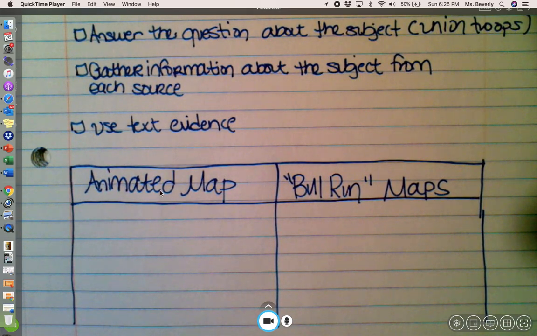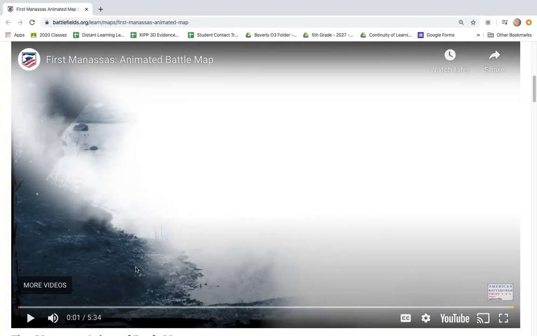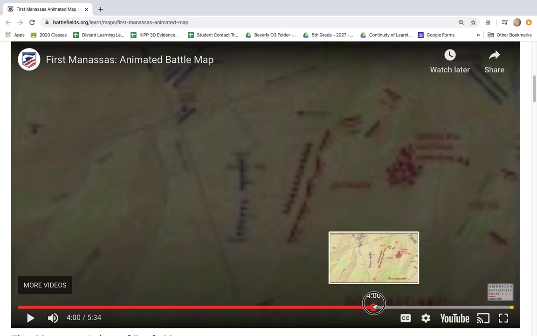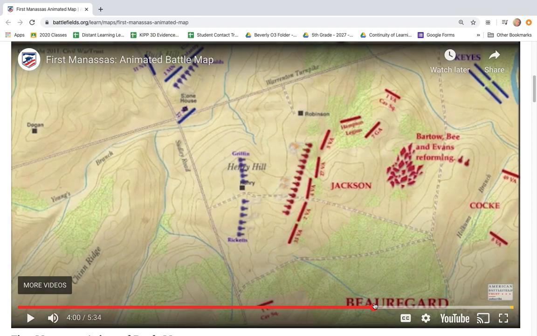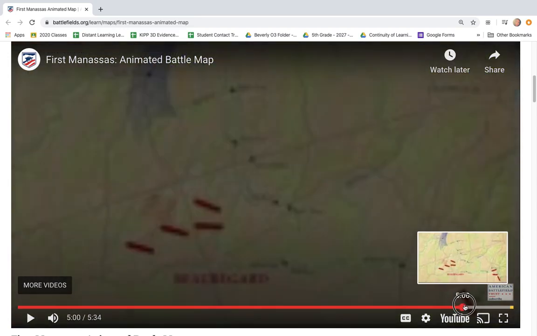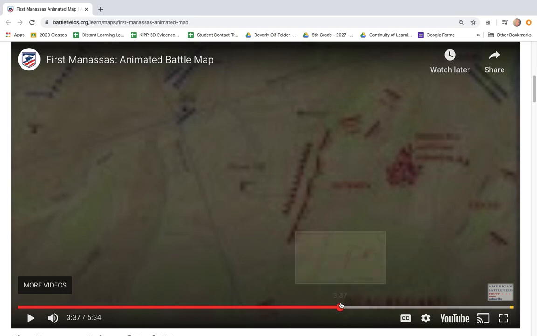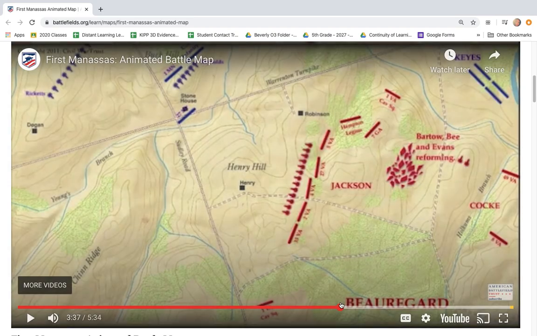Okay, so I'm going to play the video, and I'm actually going to skip to the part where they get to, because we know from our gist, in the last couple of minutes of the video, the Union troops did back down. We're going to look at that closely to figure out why did they have to. So I'm going to replay that part. I think it starts here. And we're looking for reasons why they backed down. I'm going to write down my reasons why on my animated map chart so that I can collect this to use to answer the question. Okay, so you're watching carefully, looking for the reasons why the Union troops basically had to back down from the